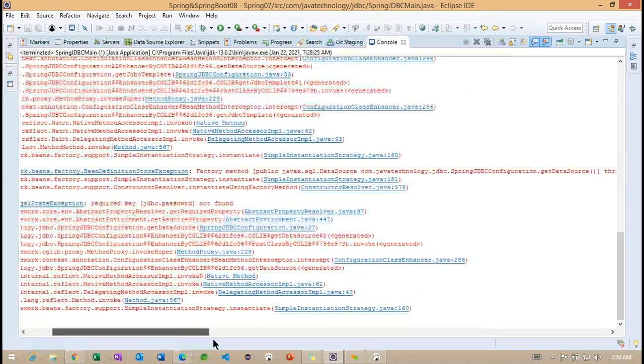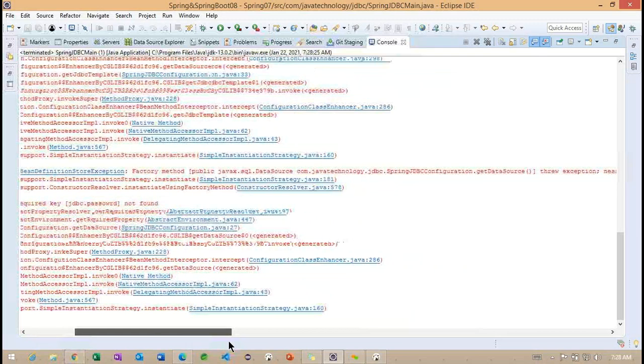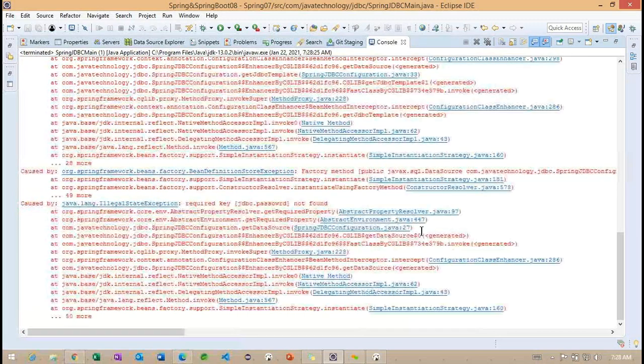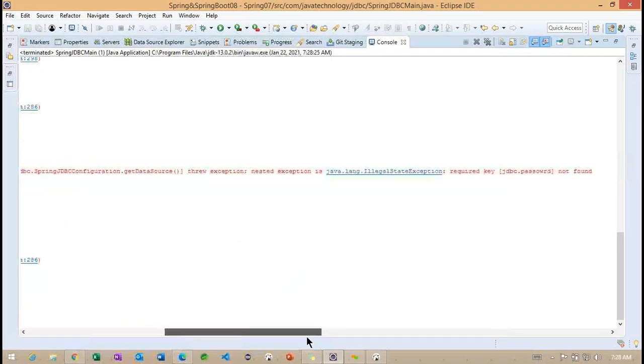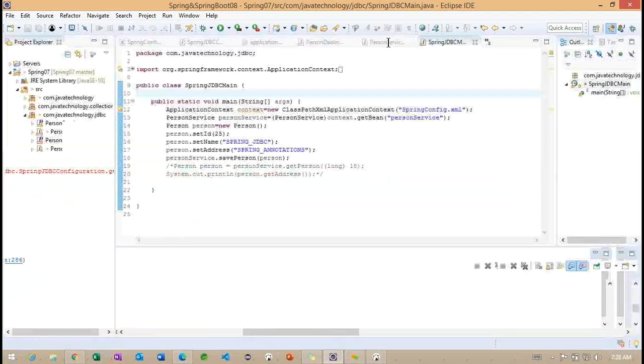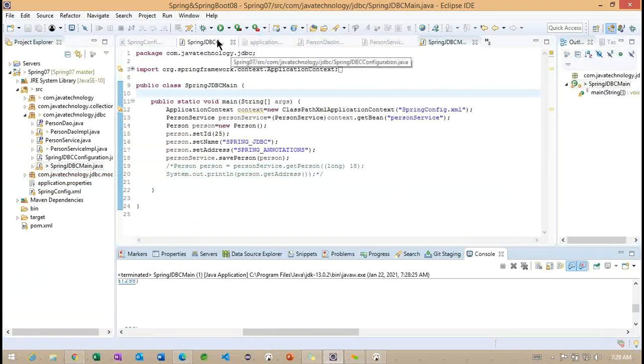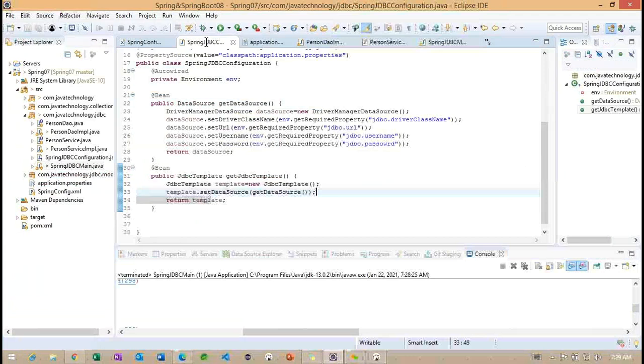Let me check here. You can observe that the spelling is wrong here: password.